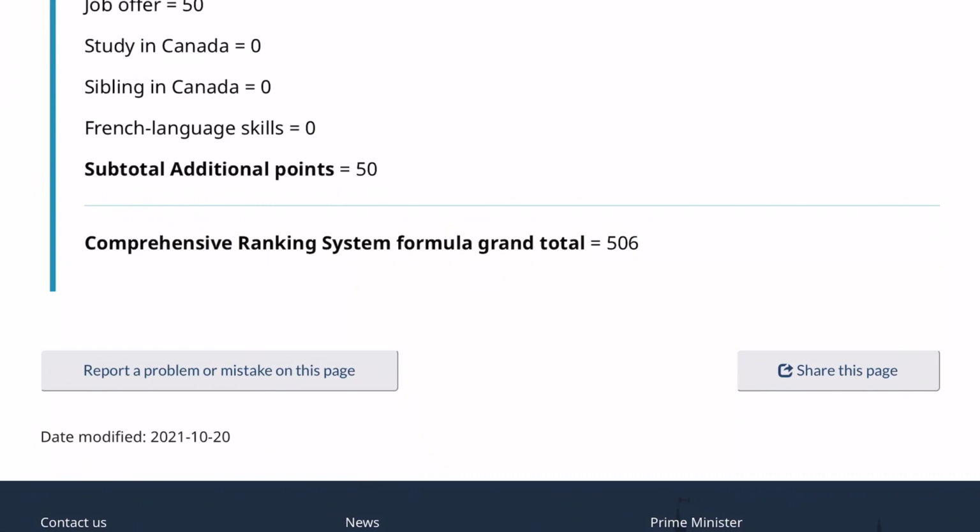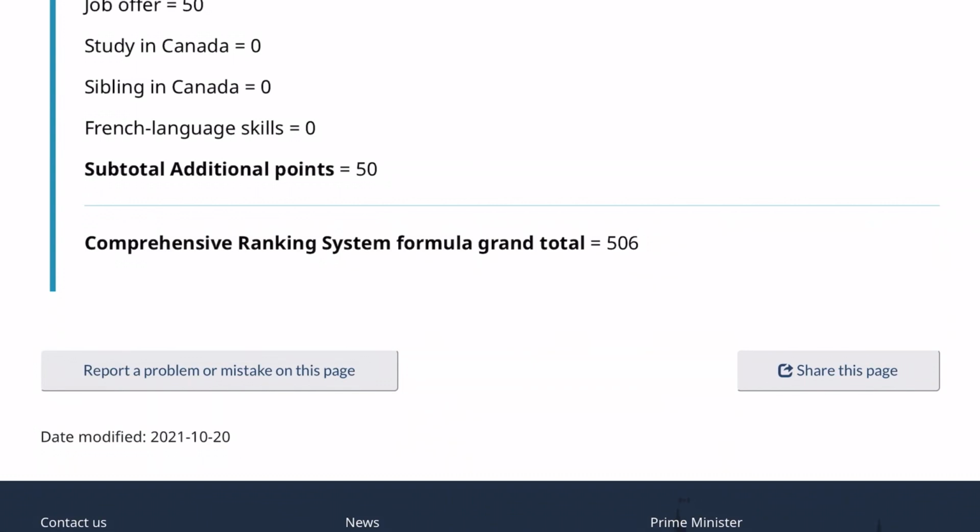So this is how you will understand where you are placed in the pool and how good or bad a chance you have to migrate to Canada. It's a very good tool. It gives you a lot of confidence. Once you have evaluated this tool,